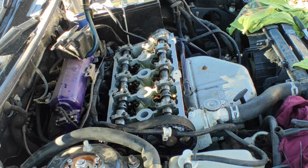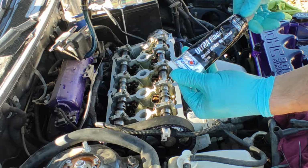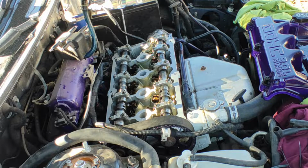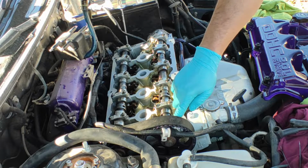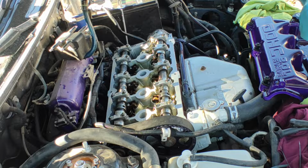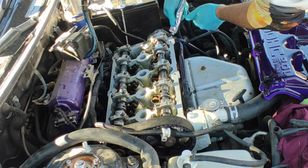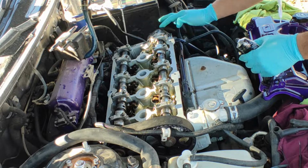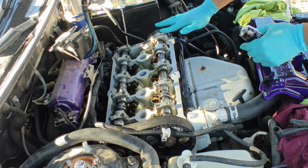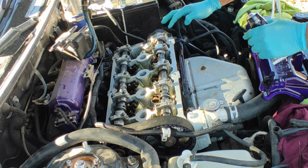So first thing, we're gonna get the valve cover and a gasket and clean that and get it ready for install. Alrighty, so valve cover is here. I got some ultra black gasket maker, the oil resistant. What I'm gonna do, put a bead just in these corners because they are known to leak oil. So I'm just gonna do over these a little bit like that, a little bit in this corner, not too much,